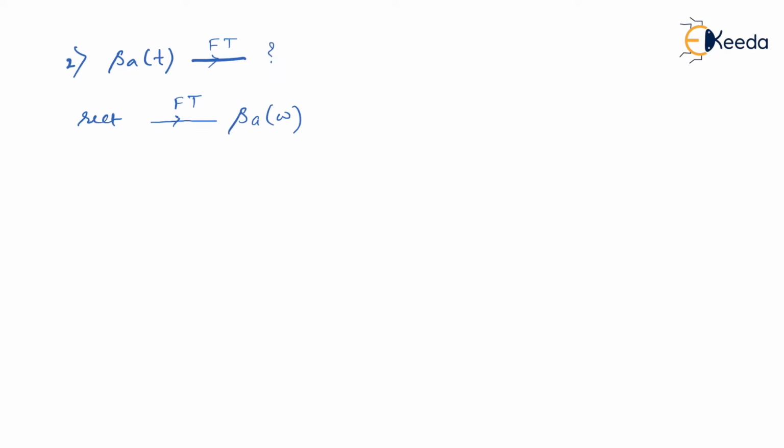A rectangular function having amplitude equal to a and width equal to t. So I have to get the value of a as well as t, where t refers to the width of the rectangle and a indicates the height of the rectangle. And how do we identify it? It is very, very easy.